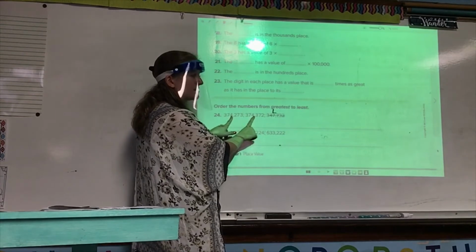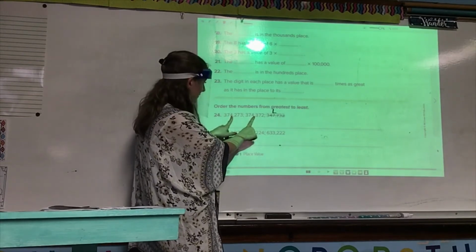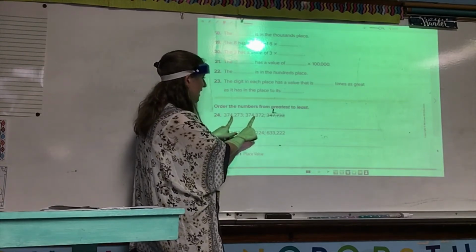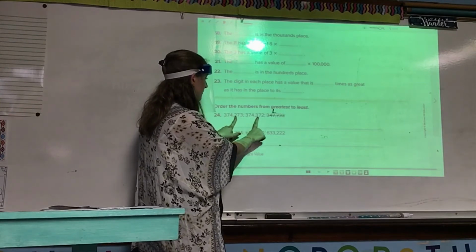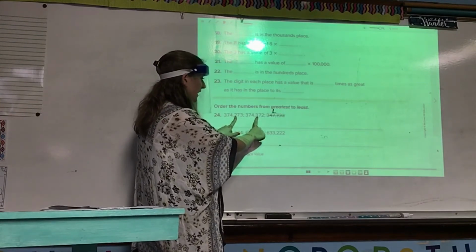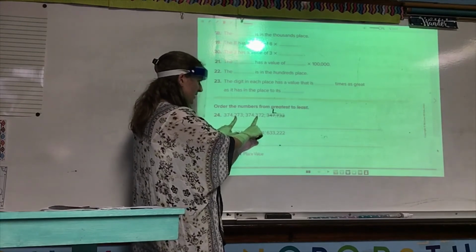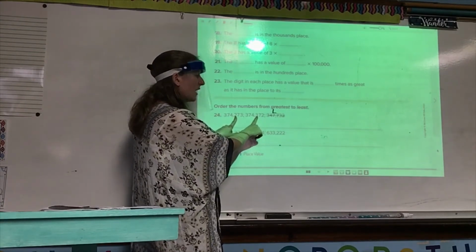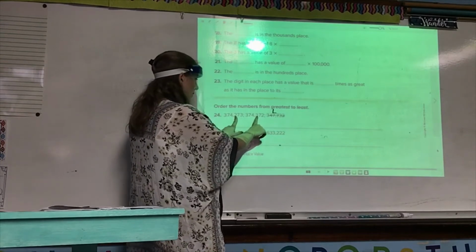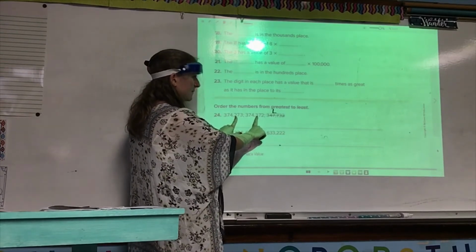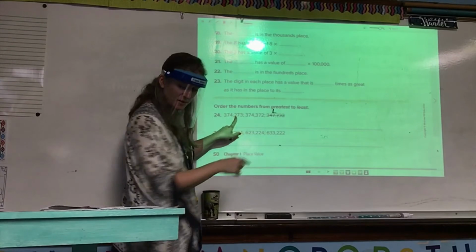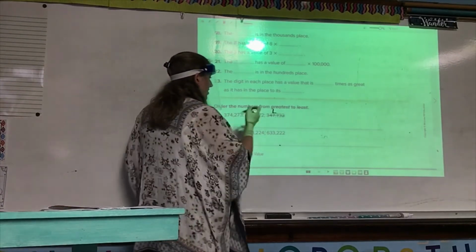In both places? Can I compare those? No. So I need to move to the hundreds place. I have a 2 and a 3. Can I compare those? Yes. Can I figure out which number is greatest? Yes. Which number is greatest? The one with what in the hundreds place? The 3 in the hundreds place. Good. So I'm going to go ahead and put a G above